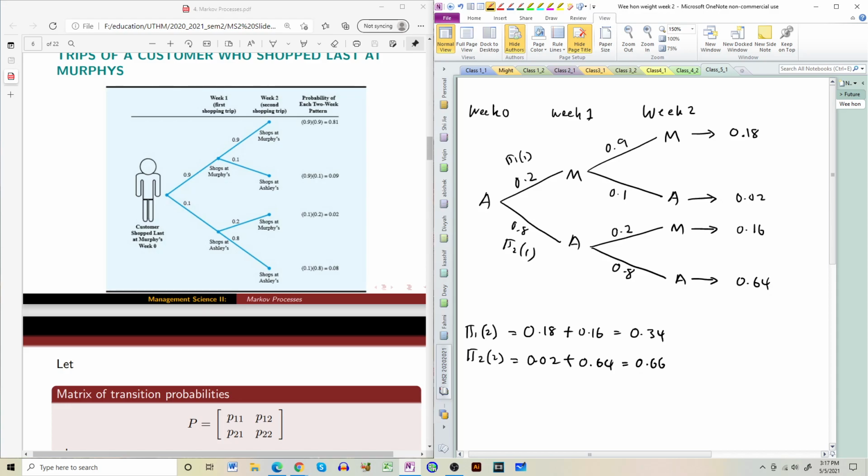This kind of method you can use for a short future: first week, second week, next first week, next second week, something like that. Now there's another method for us to find the probability. This is a short future probability in second week. If third week, then you will draw another branch here, third week, and then do the same thing. But what if the question asks in long term